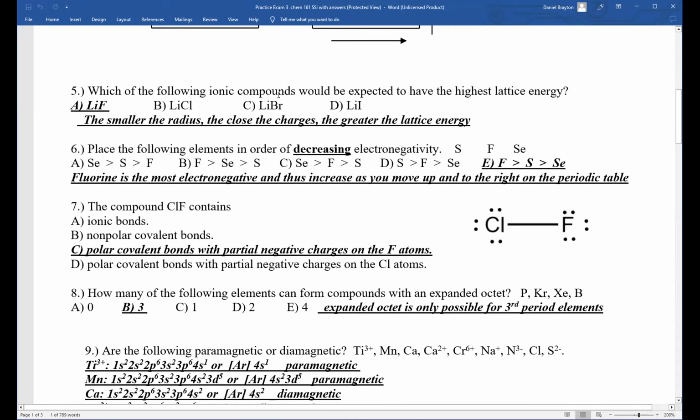5, which of the following ionic compounds would be expected to have the highest lattice energy? So this is basically just indirectly asking you about the radius. It looks like A through D, the metal is all lithium. So that's really not the issue at hand. And then it's group 7 only, fluorine, chlorine, bromine, iodine. You look on the periodic table, fluorine is the smallest, iodine is the biggest. And since when the radius is smaller, those charges get closer to one another. And again, think of them like little magnets. So the closer two magnets get to one another,